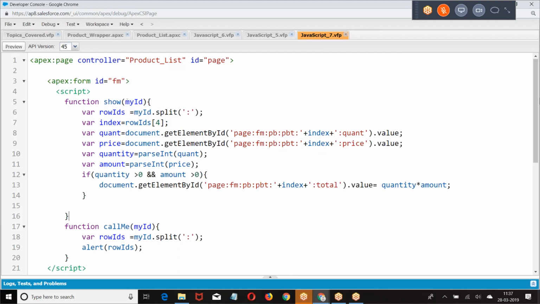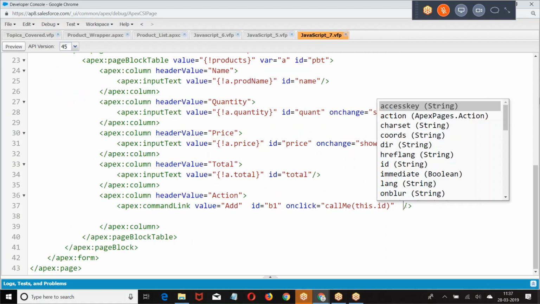Here we are getting the ID. There is no issue with the ID here. What is the issue with the ID here? Command link add button B1. On-click call me this dot ID.